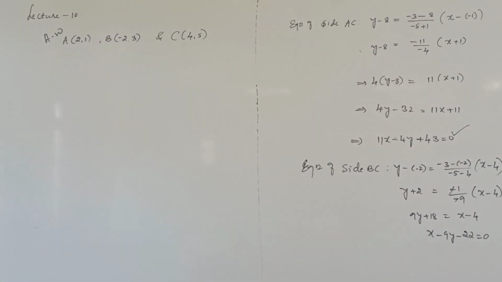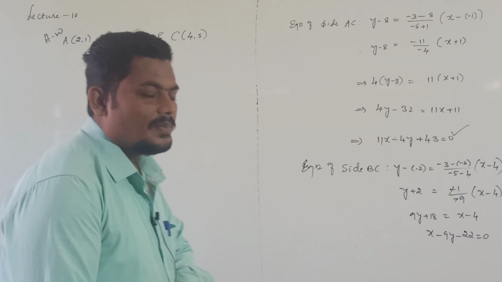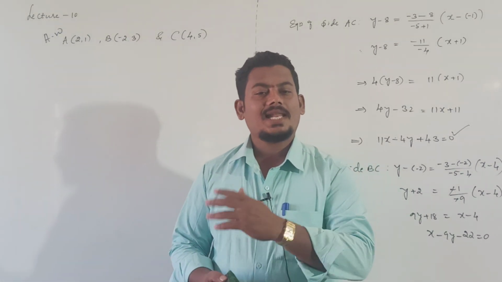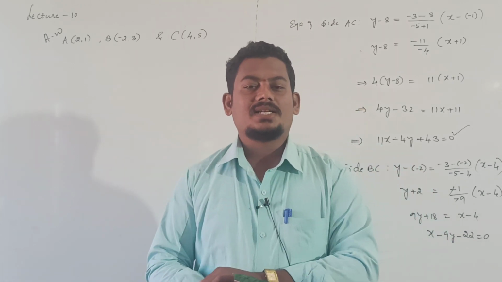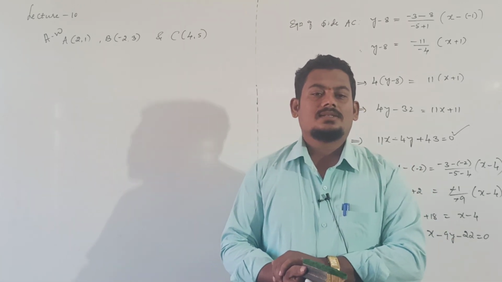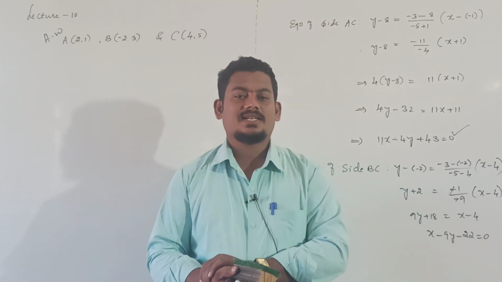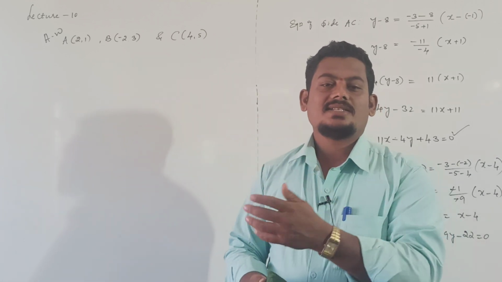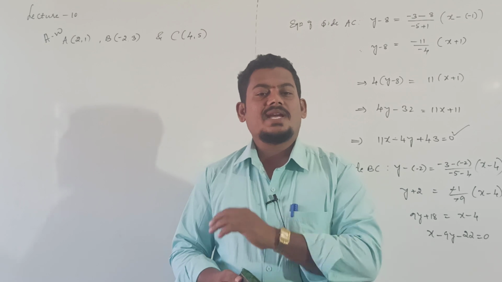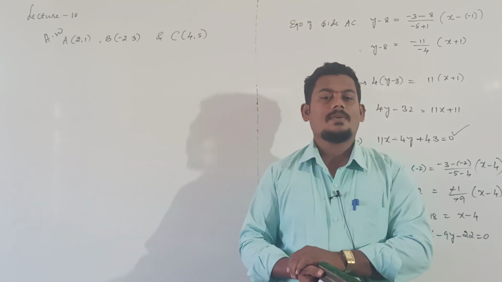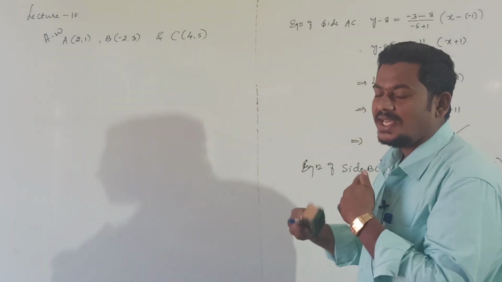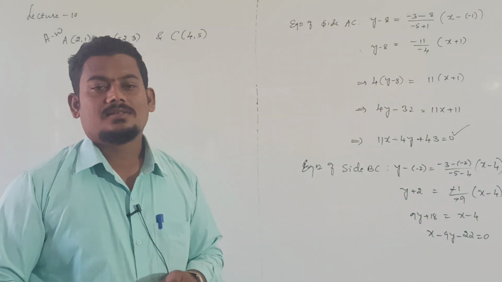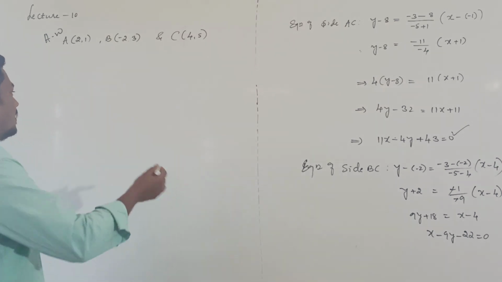Before discussing this problem, let me make clear the median of the triangle and the altitude of the triangle, right? What do you mean by the median of the triangle? You heard this word in statistics, right? That median is different, right? This is the median of the triangle. Median and altitude of the triangle. Can you tell me what is the median of the triangle? Definition of the median of the triangle.